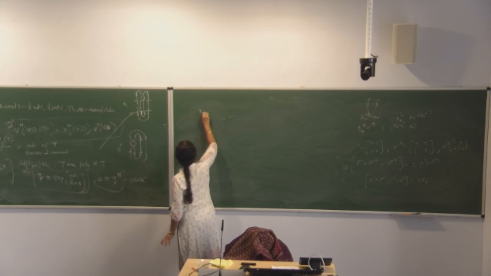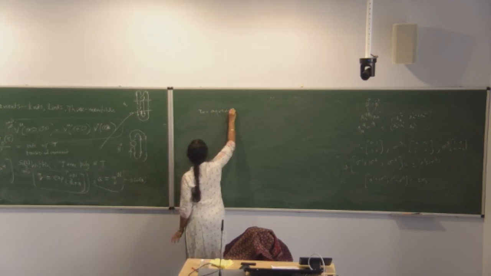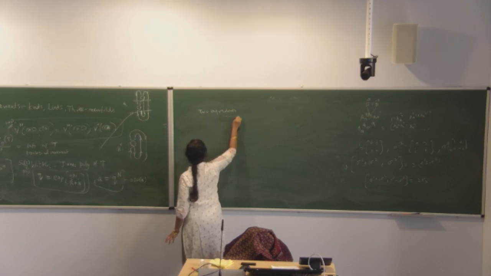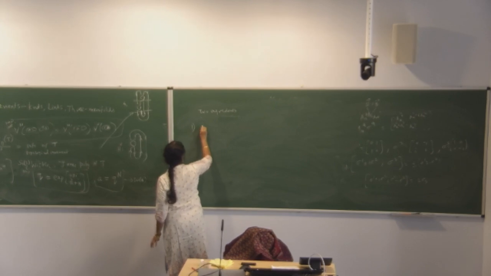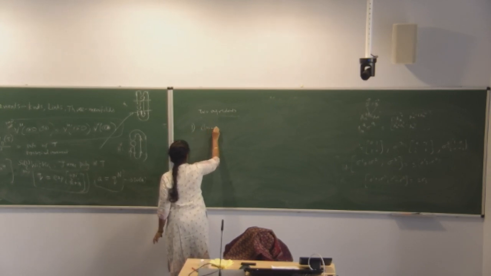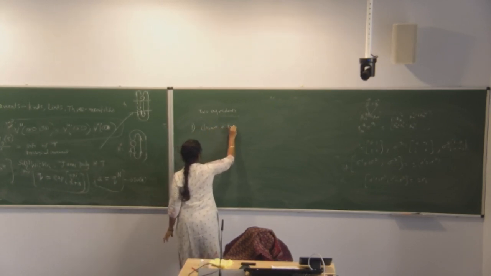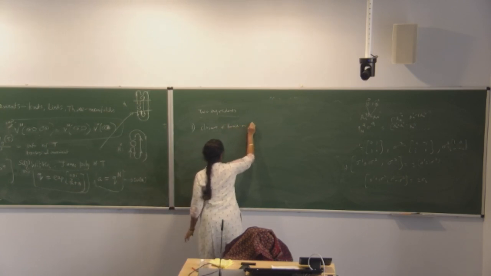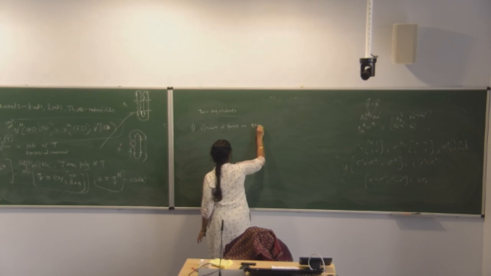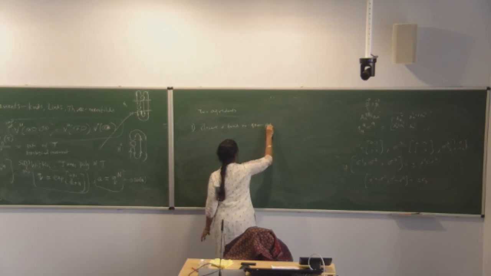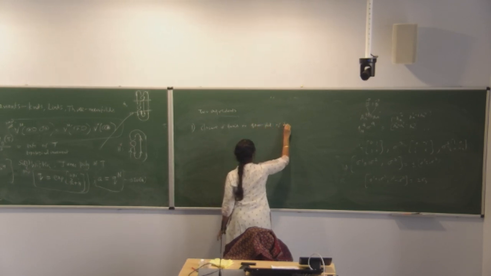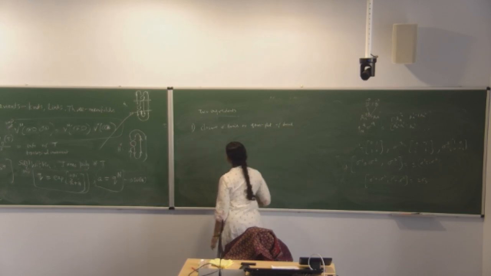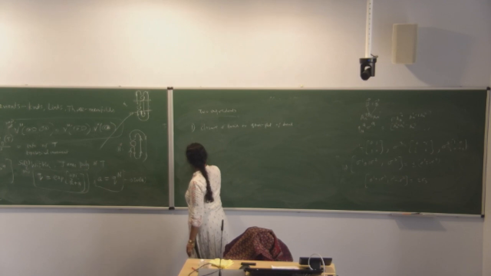So two ingredients. One is closure of a braid or quasi-plait. Second is